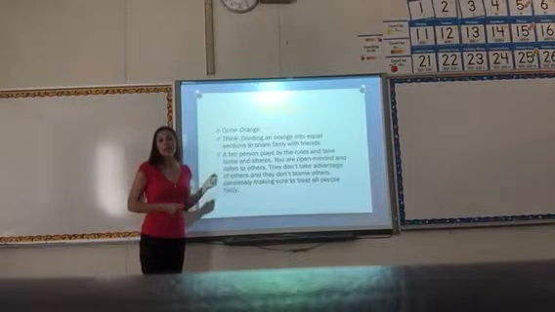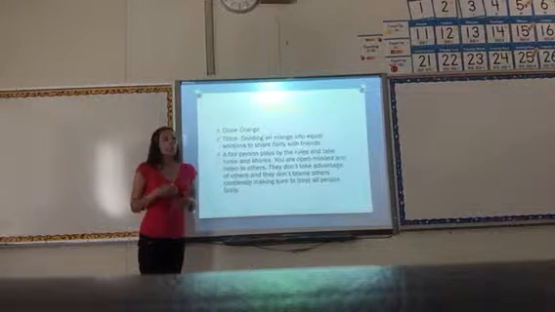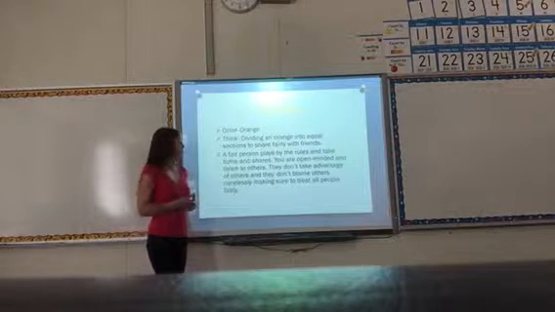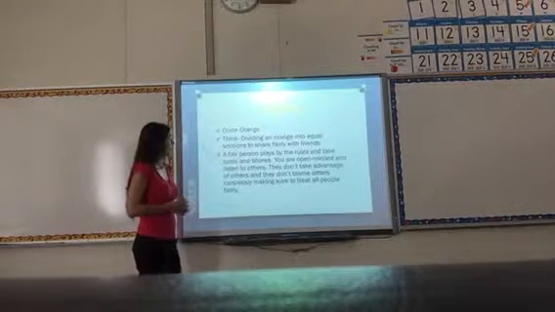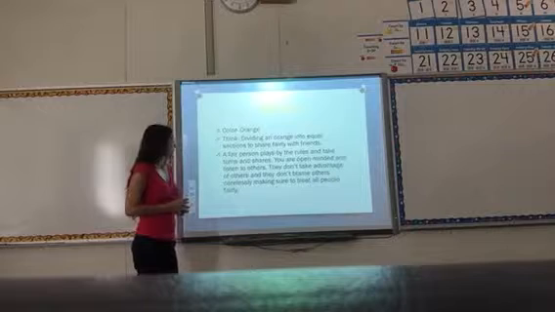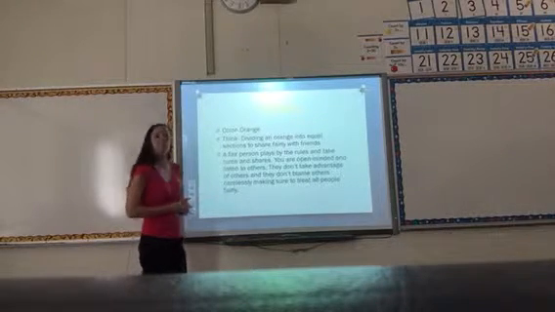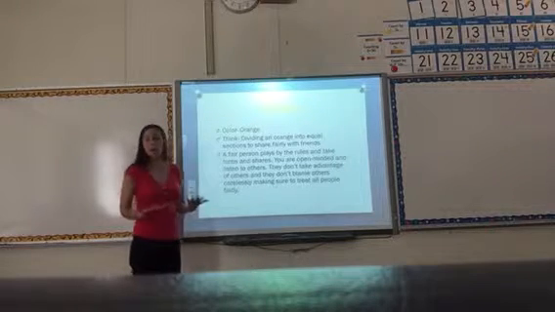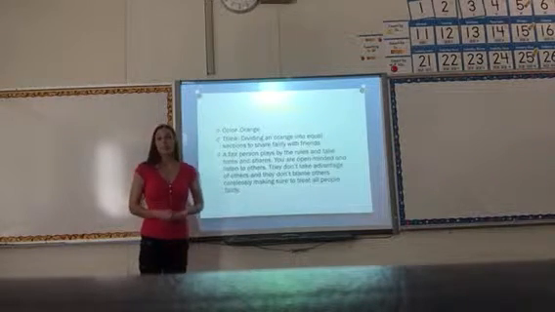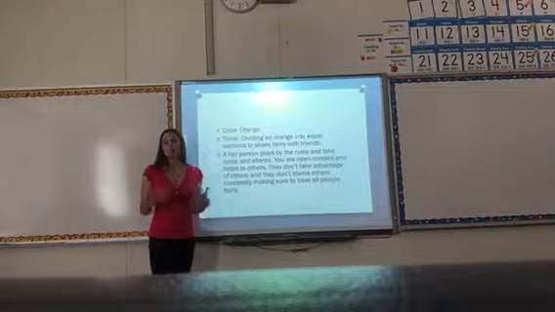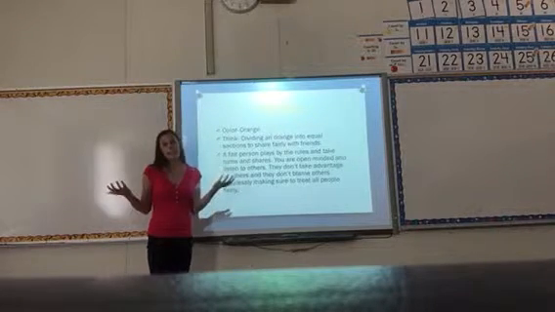A fair person plays by the rules and takes turns and shares. So as they're at recess, when they're playing sports, they play by the rules, they share. You're open-minded and listen to others. They don't take advantage of others, and they don't blame others carelessly, making sure to treat all people fairly. They own up to it if they made a mistake or did something wrong. They don't blame it on someone else.